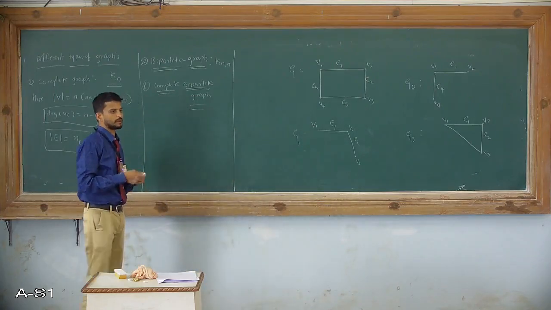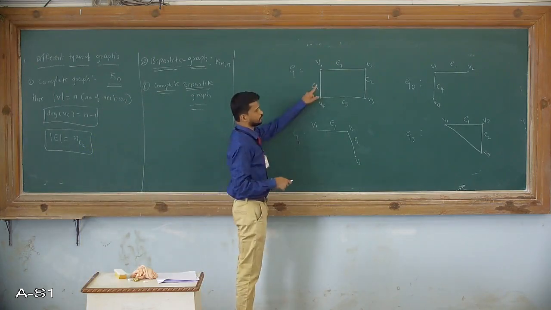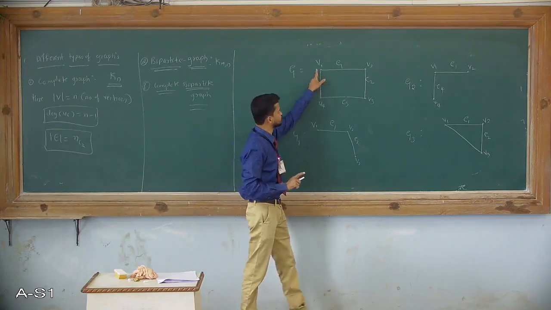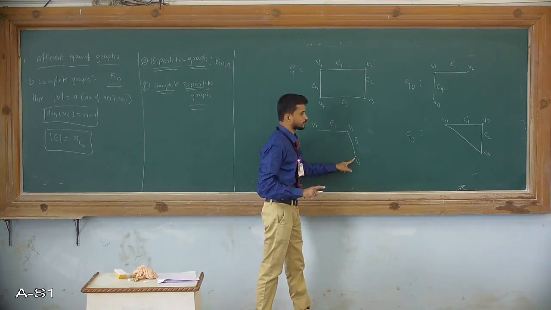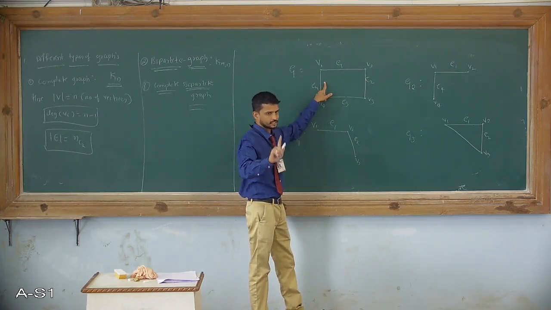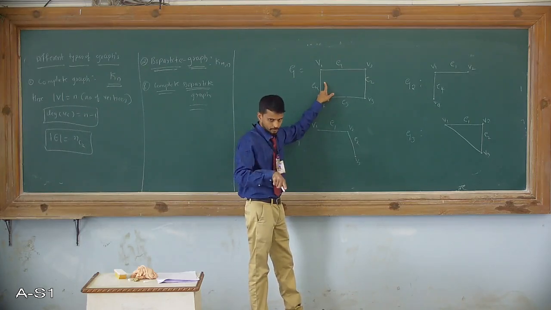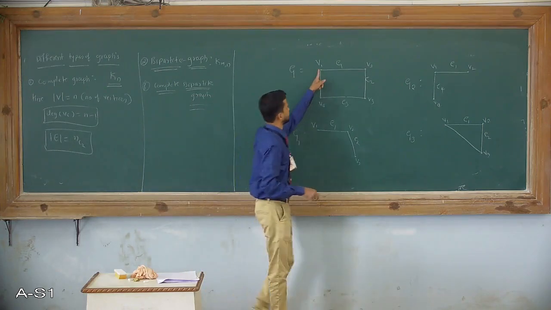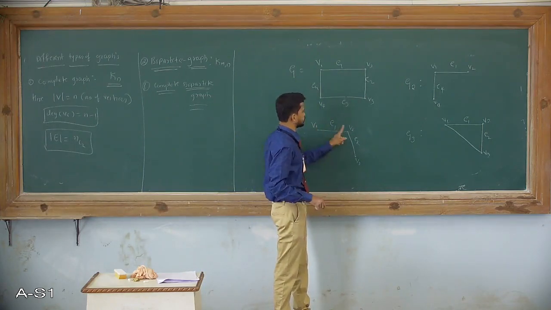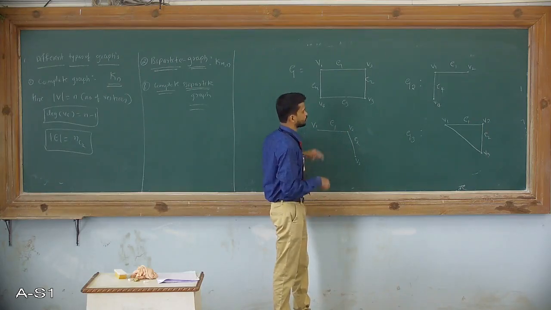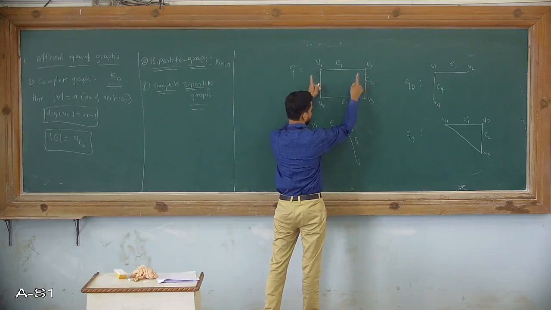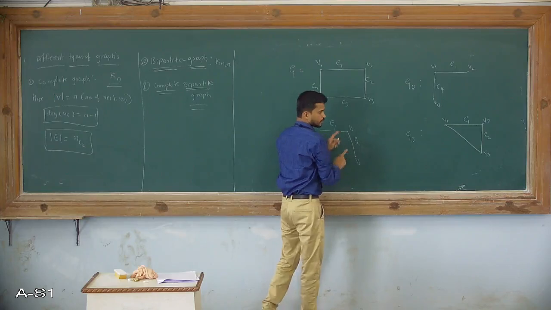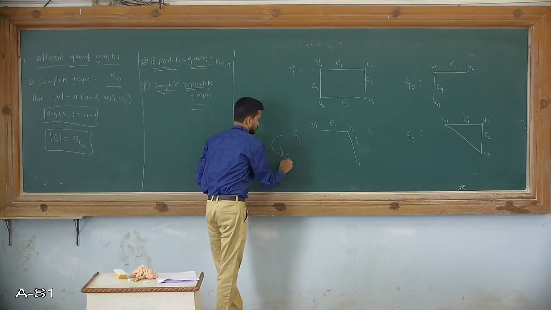Now we verify one by one whether G1 is a subgraph or not. First and foremost, the vertex set is similar: V1, V2, V3 are present in this graph. And adjacency will also be preserved. I will repeat it once again: adjacency will be preserved. It means if V1 and V2 are connected in G, V1 and V2 are also connected in G1. We verify it. Here V1, V2 are connected, and V2, V3 are connected. So this is called a subgraph.